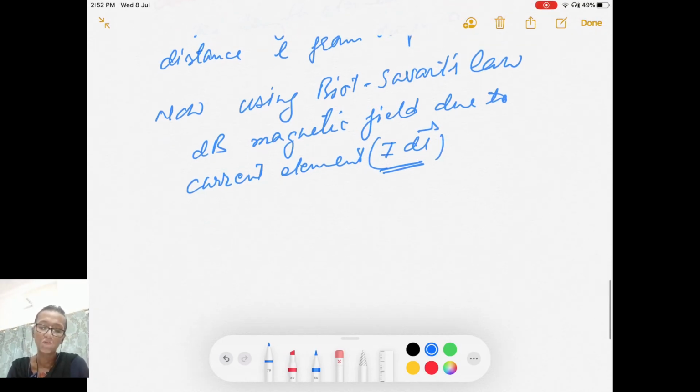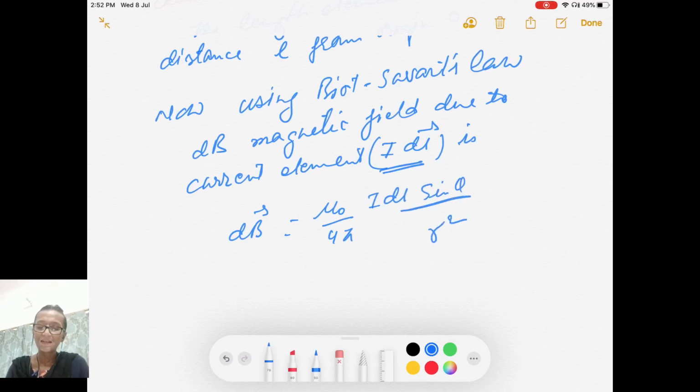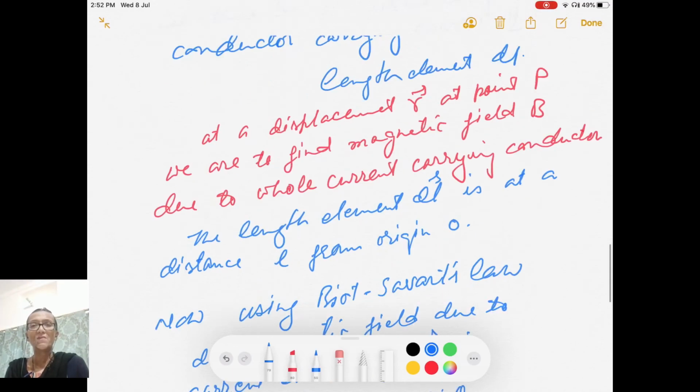This is the source of magnetic field. dB is equal to mu naught upon 4 pi, I dl sine theta upon r square. When you integrate this dl with proper limits, then you can find the magnetic field due to the whole